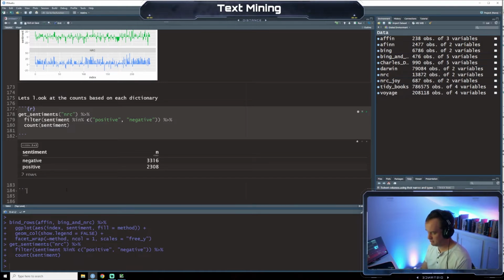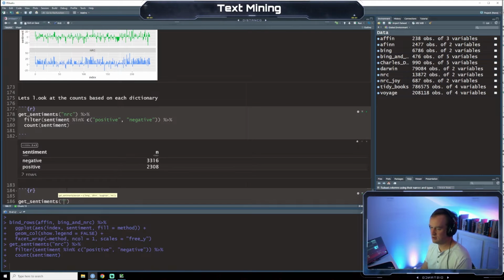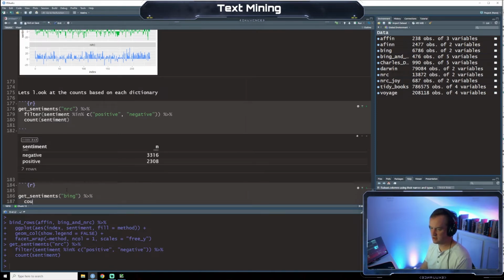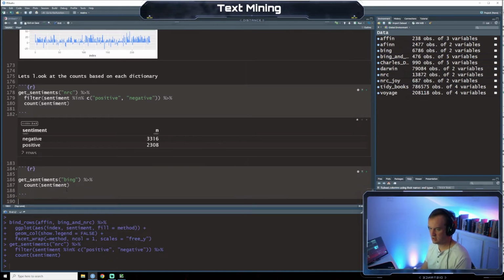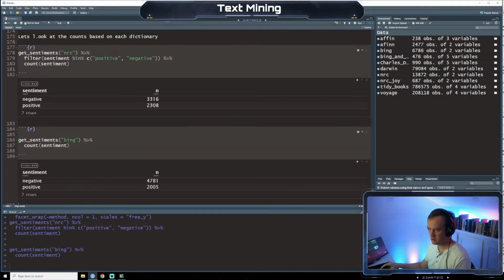So now we can quickly do the same thing with, what do we want to do next? So that was NRC. Let's do Bing. So we can do get sentiments, Bing. I think we can just do this. Count, sentiments, sentiment. Okay, so yeah, so